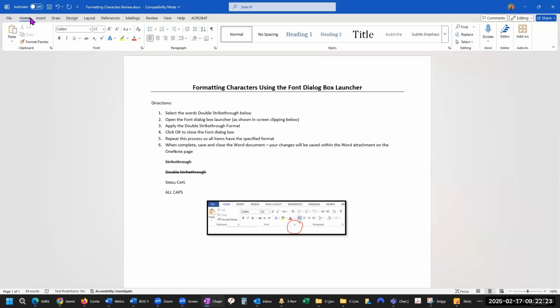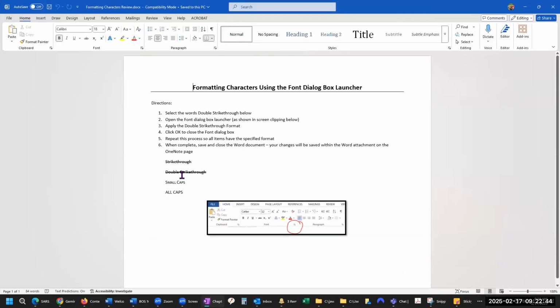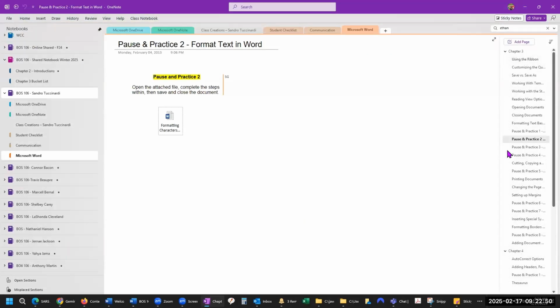All right, so all you've got to do is click on save and then just close it. It'll save the document right in here, so you don't have to do anything else. If I open it now, I'll be able to see your work, right? So I'll come in here and I'll double click it. And that's how I'm going to check that you did your work. Because I'll go through and I'll say, oh yeah, okay, so there's one hidden, strike through, and it's all there, and then I'm going to close it.